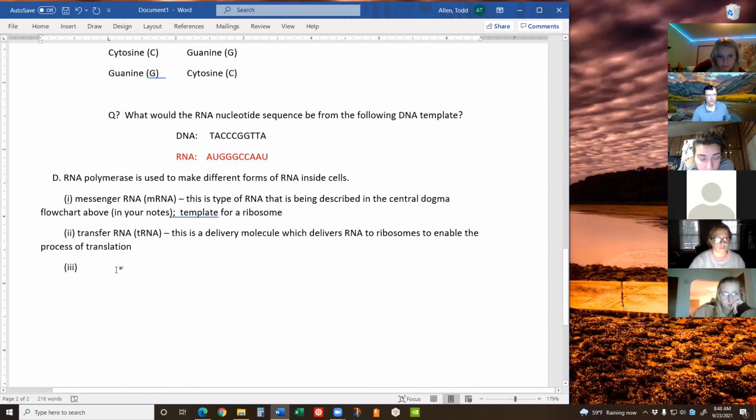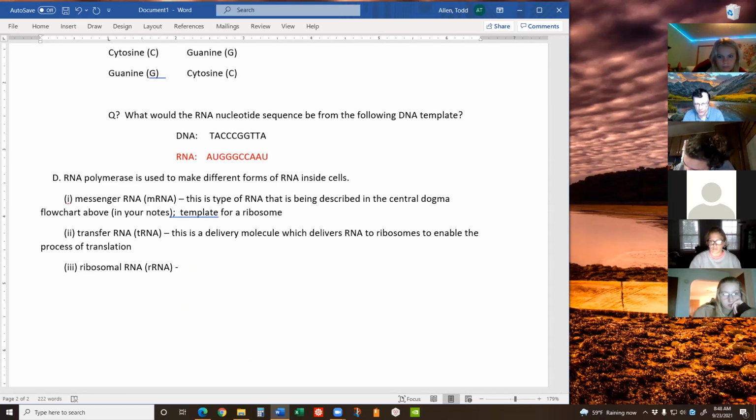Okay. There's a third form of RNA inside the cell, which is ribosomal RNA. This is known as rRNA. The ribosomal RNA is significant because, two things I need to tell you here. A, the ribosomal RNA is actually a physical component of the ribosome. Now, if you ask yourself, well, what is a ribosome made up of? The answer would be a variety of different proteins and a variety of different types of RNA that are known as ribosomal RNA. So the ribosomal RNA is a structural